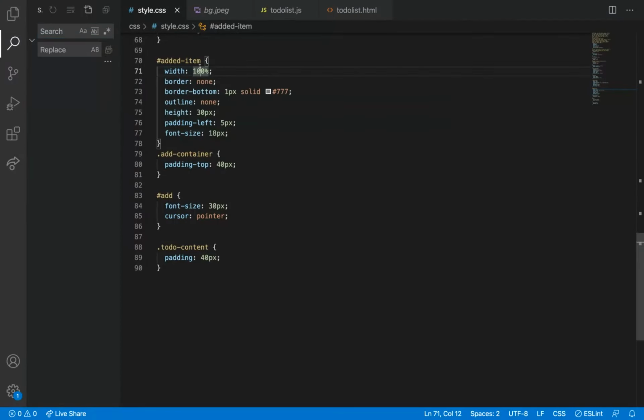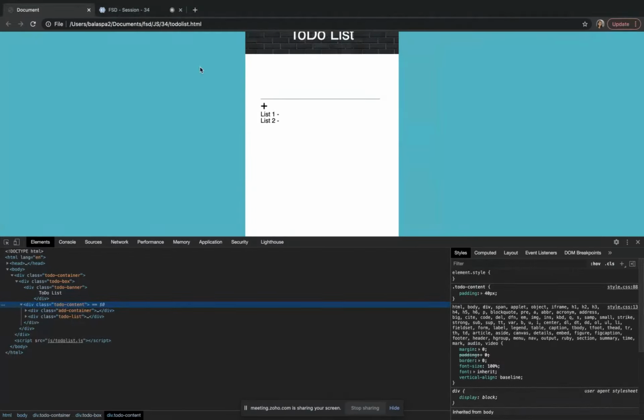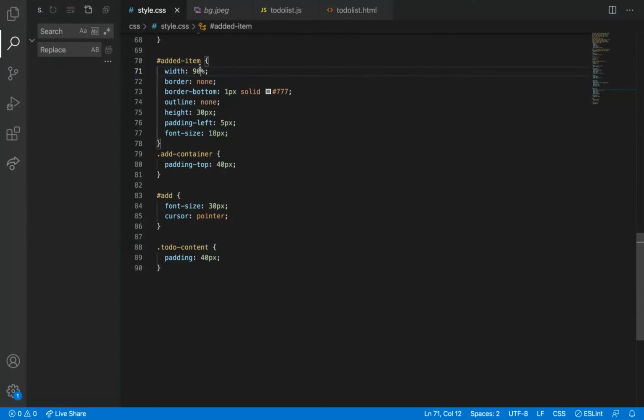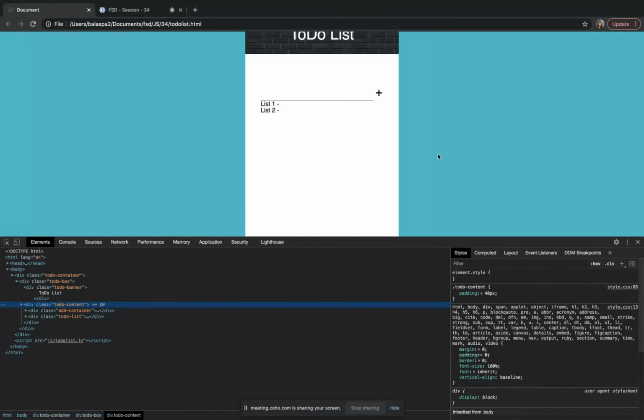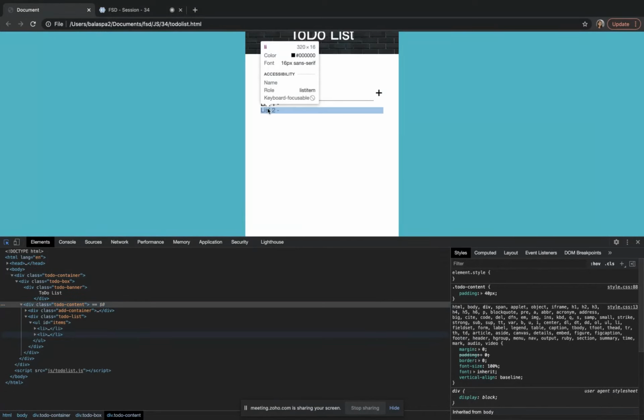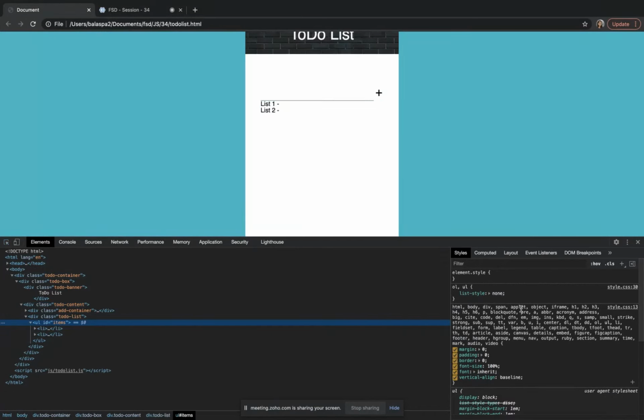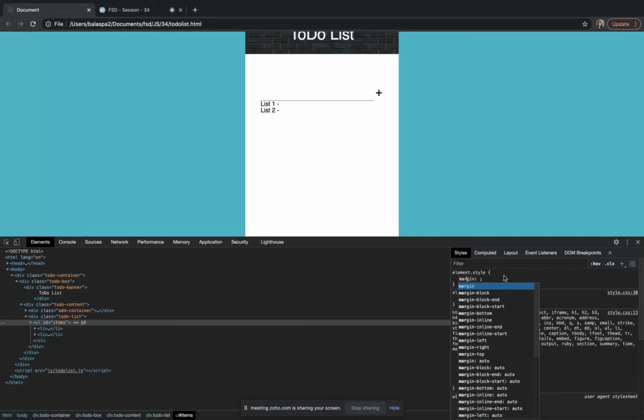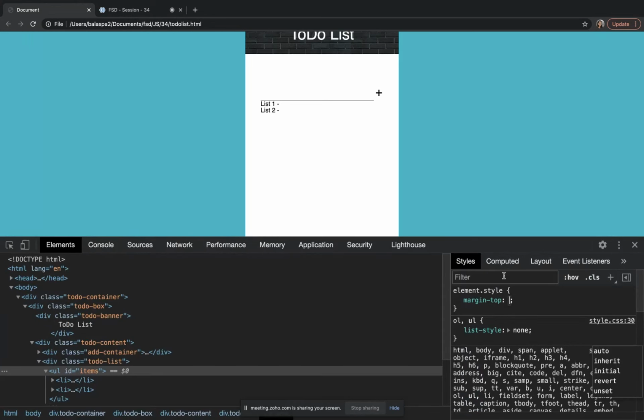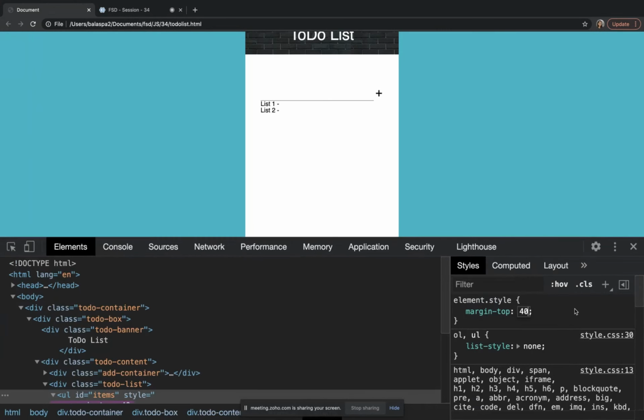Sorry, 95%. 95%. 90. Okay. So I'm going to make these items a little bit below. So margin top 40 pixel.